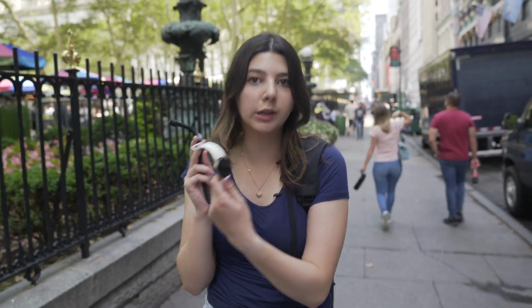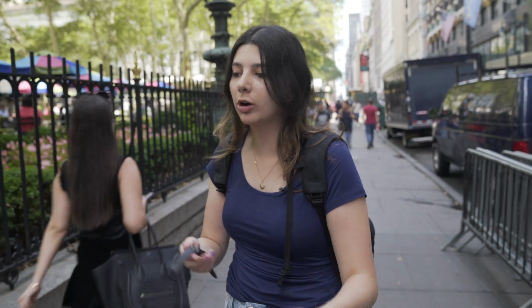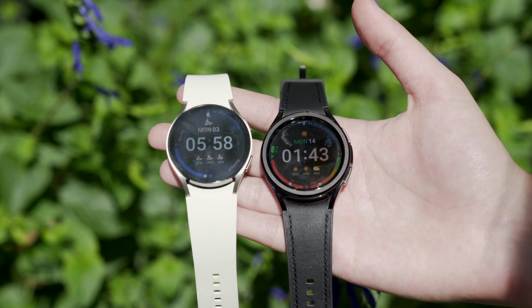The big design feature with the Galaxy Watch 6 Classic is this rotating bezel. Last week I actually reviewed the regular Galaxy Watch 6, which has the same display size as the Classic, but because it doesn't have the rotating bezel, it's a little bit smaller and thinner on the wrist, which I think makes it more comfortable. Classic definitely looks more like a night out watch,